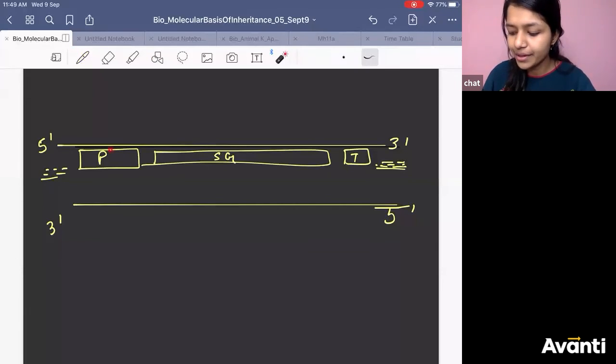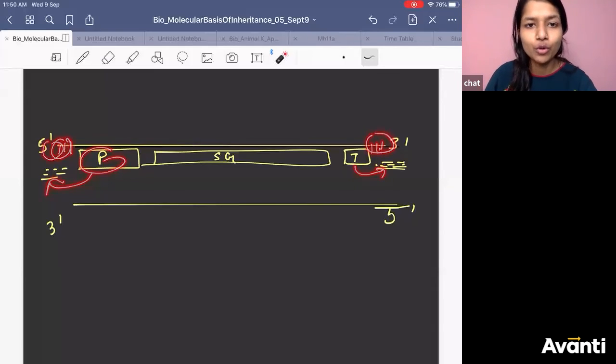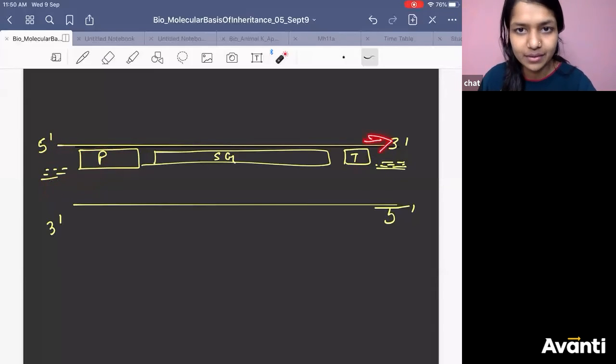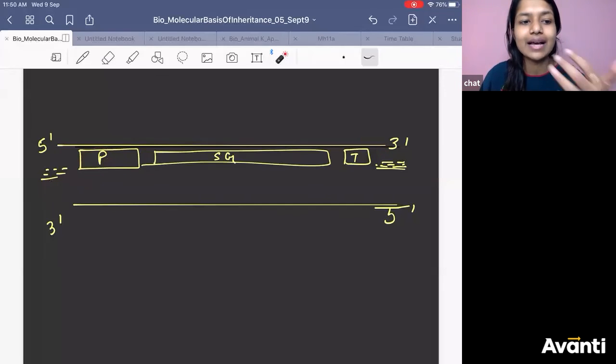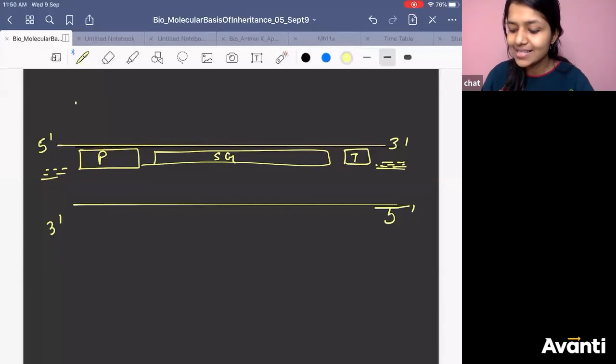Before promoter, there are some sequences. After terminator, there are some sequences. What are these sequences called as? Before promoter and after terminator, which are not going to get transcribed. What are they called as? That is the homework. First homework. Second homework is